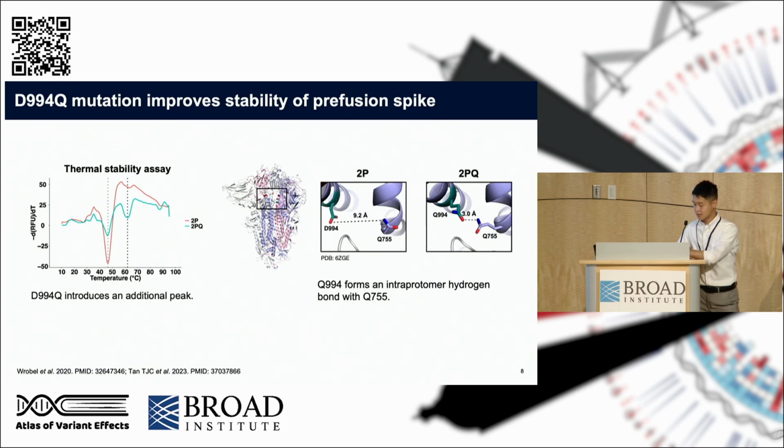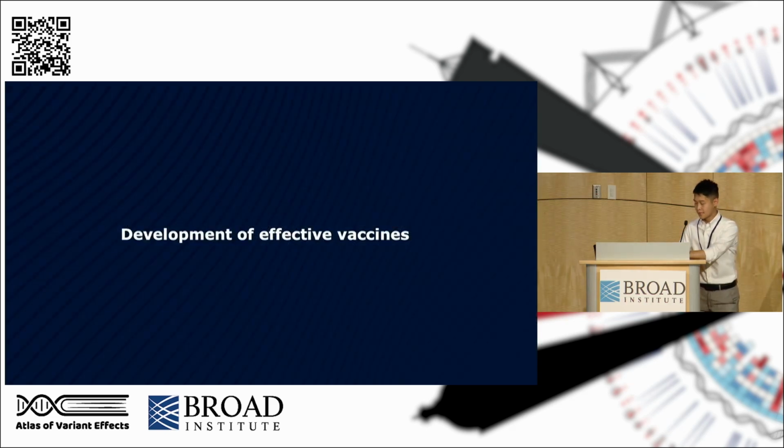So in an existing structure of spike with a 2P mutation, aspartate is unable to form an effective hydrogen bond with glutamine within the same protomer. When we performed modeling of the D994Q mutation, Q994 can form an effective hydrogen bond with glutamine within the same protomer. So this additional intraprotomer hydrogen bond can improve the thermal stability of spike protein by preventing its immediate complete unfolding. So from our study, we have established a systematic and high throughput method to identify mutations for effective vaccine